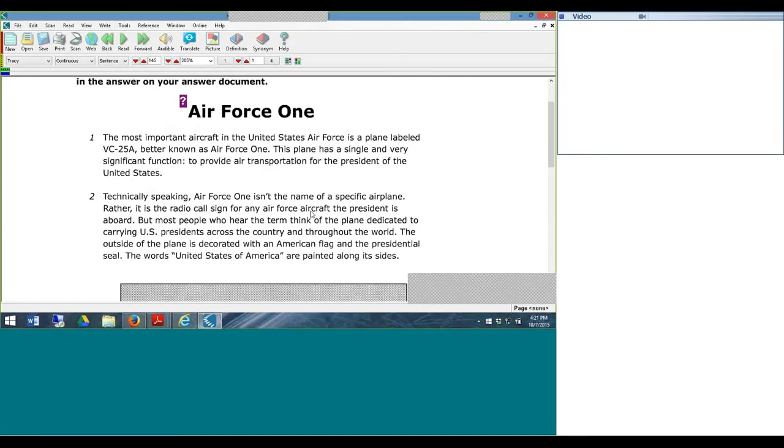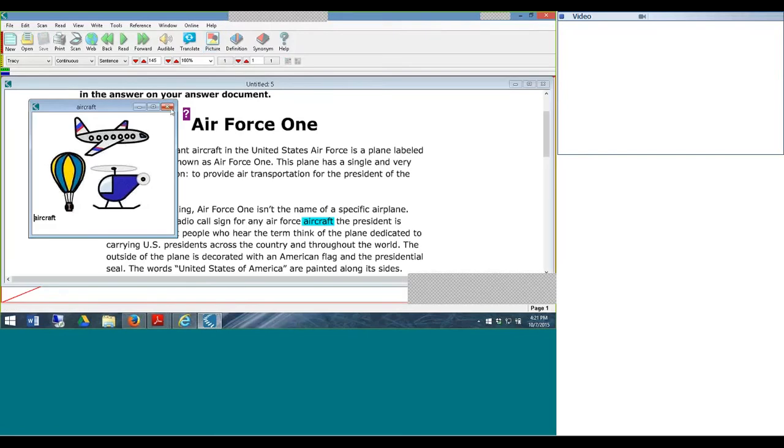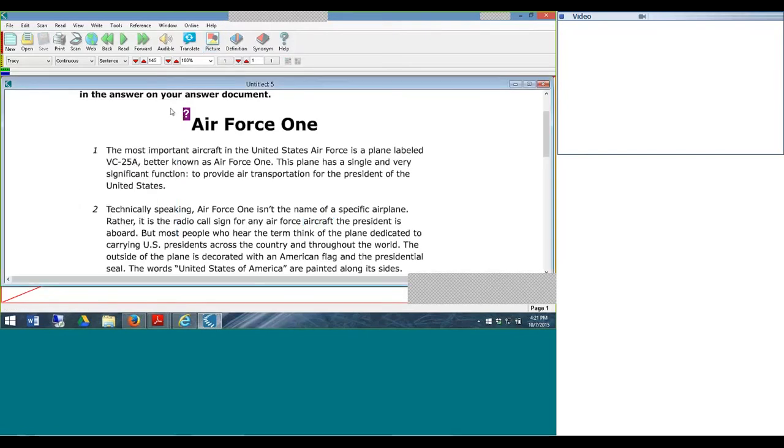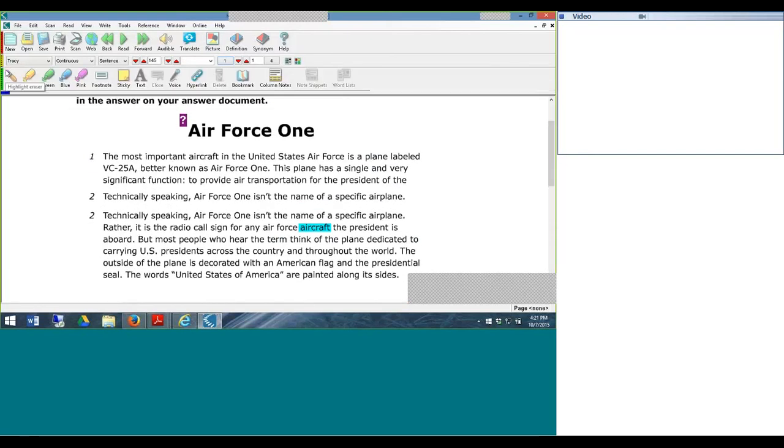So first I want to check to see if Kurzweil has a picture for aircraft. So I will click Aircraft, choose Picture, and if it is there, I know that I can link to that picture. So to link to that picture, what I do is in my green toolbar, which is my Study Skills